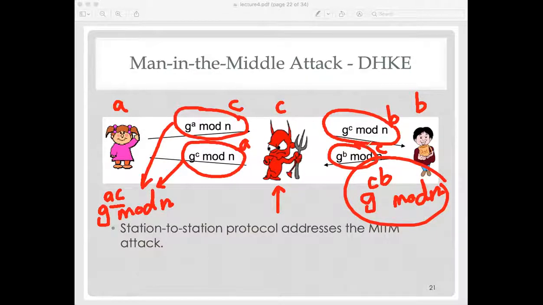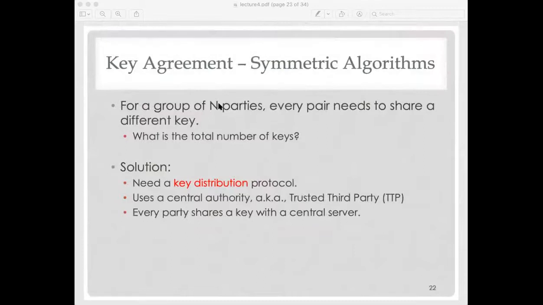There is a way to protect against this in an algorithm called the station-to-station protocol, and this is called a man-in-the-middle attack. Charlie is a man in the middle, sitting there, stopping messages back and forth and doing manipulation. And because he was at the beginning of the algorithm, he is able to inject himself correctly as man in the middle in the whole algorithm. So this is the Diffie-Hellman key exchange protocol, or key agreement protocol, which is a great protocol. The biggest challenge with this